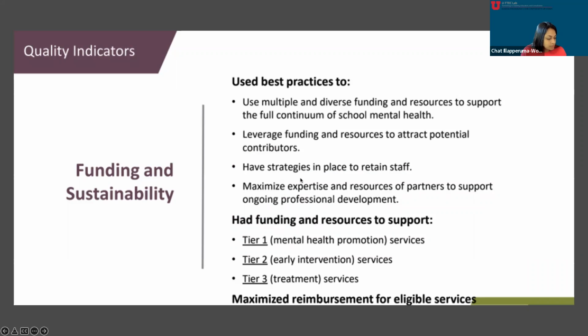These are some best practices when you think about funding and sustainability. Of course, we want to go by the best practices, and these are always good things to know and practice by. We'll go through all of these in detail in the following slides, but I'll give you a minute to read through them.